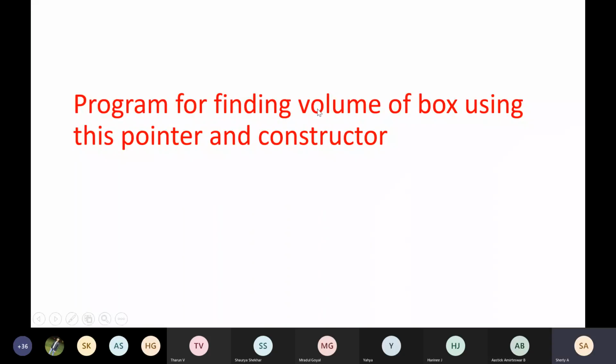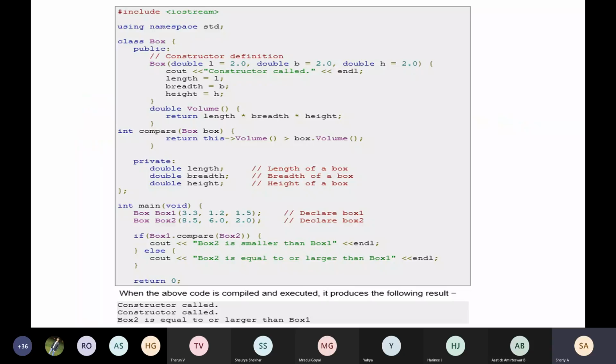So today first we will study about a program in C++ for finding the volume of the box using this pointer and constructor. So here in this program we have used this pointer as well as constructor. Okay, we have used both this pointer and constructor. So here, if you see in this program,